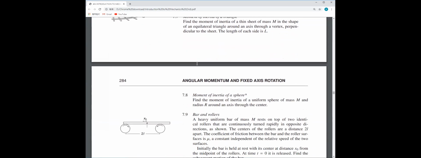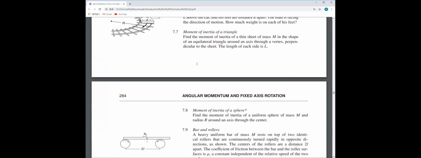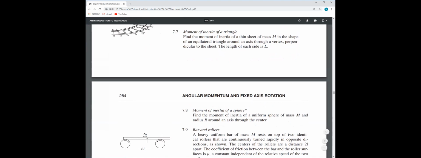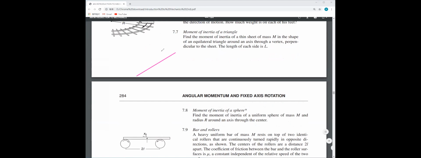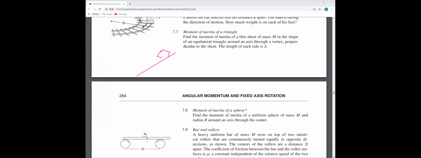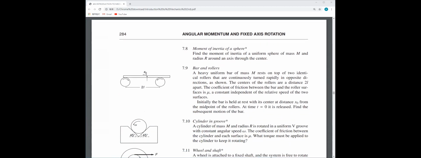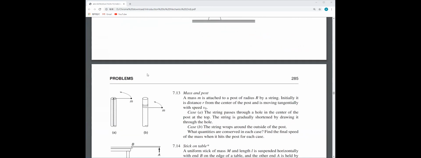Because the question is not like a pencil falling on a slope. This one, a hexagon, is falling. So you need to use this one to help you. You need to find the combination of the hexagon so that you can do the question. So that's it, and then let's have a look at